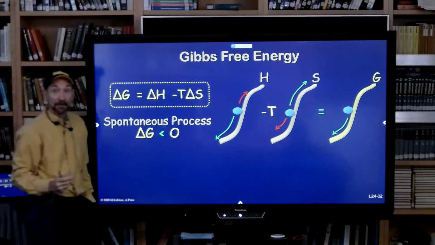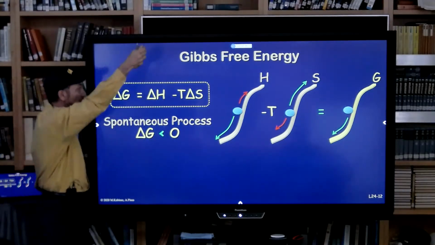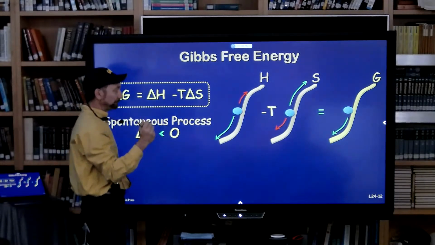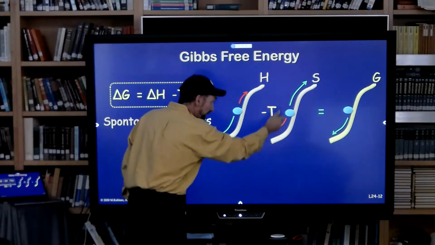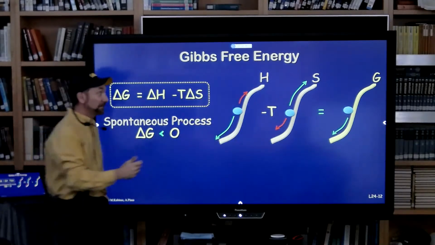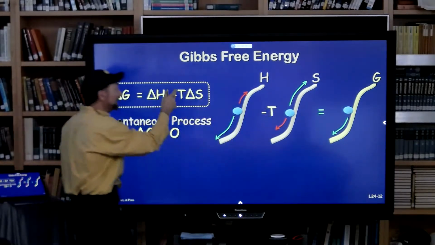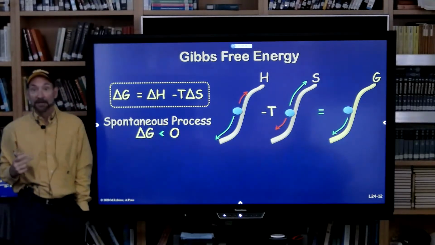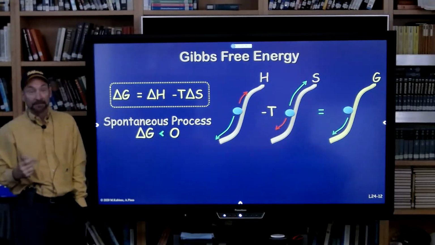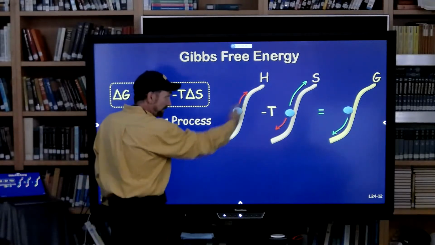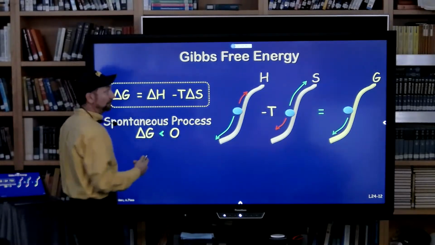The temperature is 0 to infinity on the Kelvin scale. So T is always positive. So increasing or decreasing entropy tends to make the free energy positive. So that hinders the reaction. And you can have, of course, all combinations of